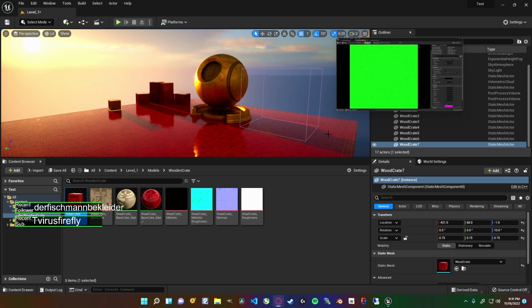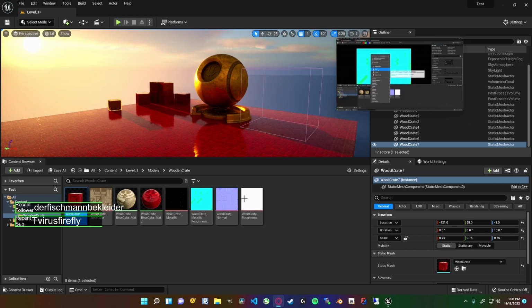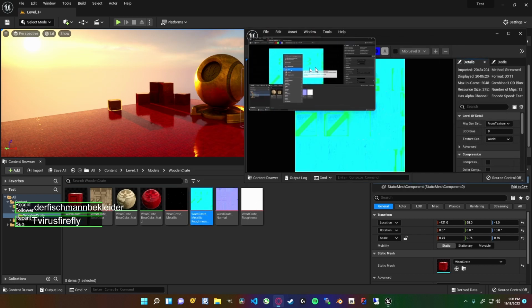So for example, if we uncheck the blue channel and the green channel, we see that the red channel of this texture is a metallic mask. Uncheck red, check green, our green channel is roughness, uncheck green, and check blue. Our blue channel is ambient occlusion, although we won't use ambient occlusion. I included it within a texture to show that we can hide 3 different masks inside a single texture. And because even though this is a color texture, it's actually going to be used as a mask, we want to uncheck sRGB right there. So the way we would use this in a material is let's create a